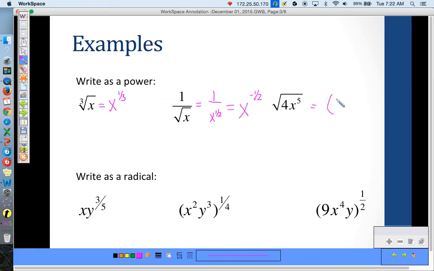So this one you have to remember to put parentheses around the whole thing, 4x to the 5th to the 1/2. And then you could distribute this, so 4 to the 1/2, x to the 5/2. And we know 4 to the 1/2 is square root, so that's 2x to the 5/2. So if you need to write as radical, remember this bottom number, that's your index number. So it's the 5th root, and it looks like x